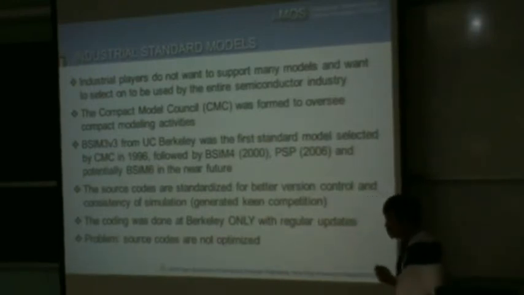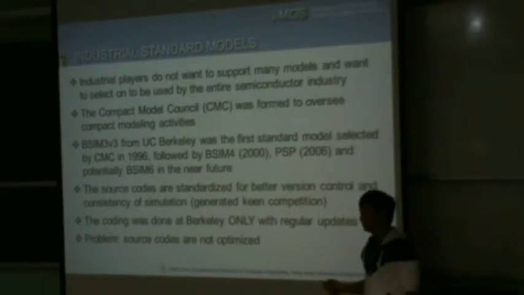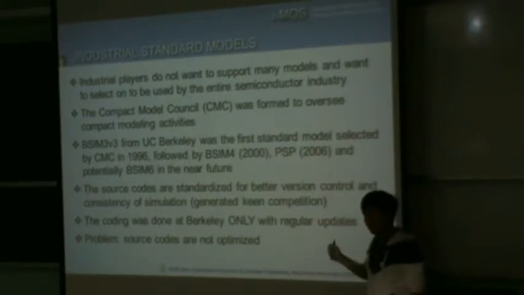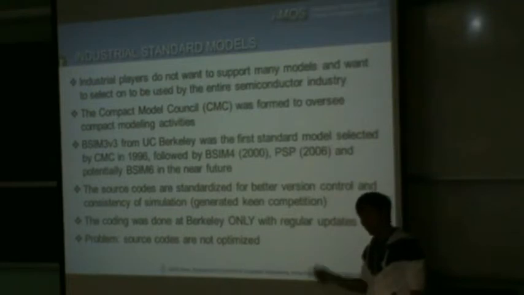Also, when you standardize source code, there is a problem. How do you ensure the source code is the same? This is how it's being done. The coding can only be done at Berkeley. What it means, I did the coding myself. If some company, say Cadence, found that there is a problem in the code, that I did a very poor job in the coding, they are not allowed to change the code themselves in their product. Otherwise, they do not conform to the standard. What they should do is tell Berkeley what the problem is, or give the code to Berkeley.